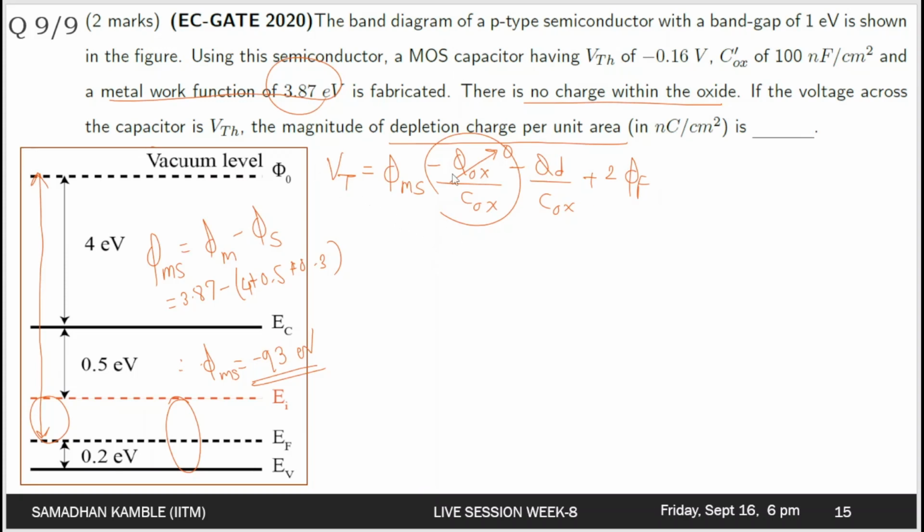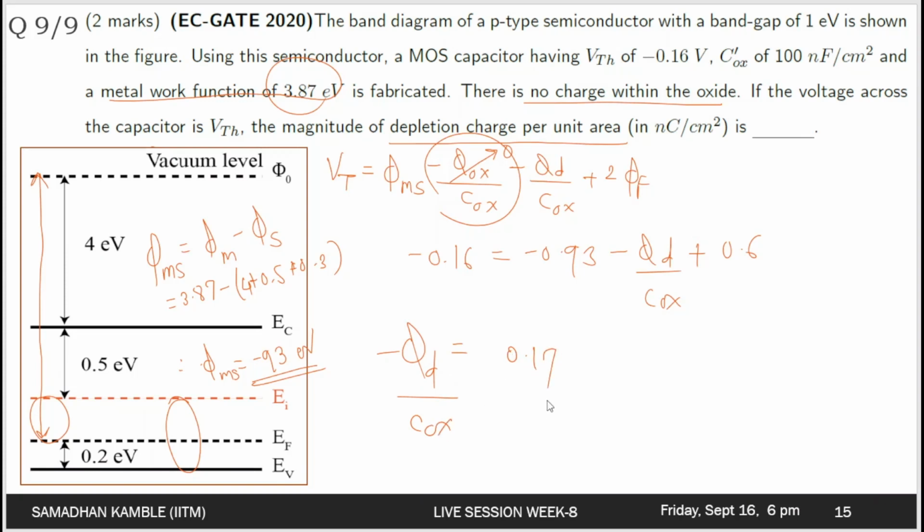So let us substitute all these parameters: V t of minus 0.16 volt, phi ms of minus 0.93, minus qd over c ox, plus 2 phi f. We get phi f value of 0.3 electron volt, so 2 phi f is 0.6. If you rearrange for the depletion charge, you will get it simplified as qd over c ox as nothing but